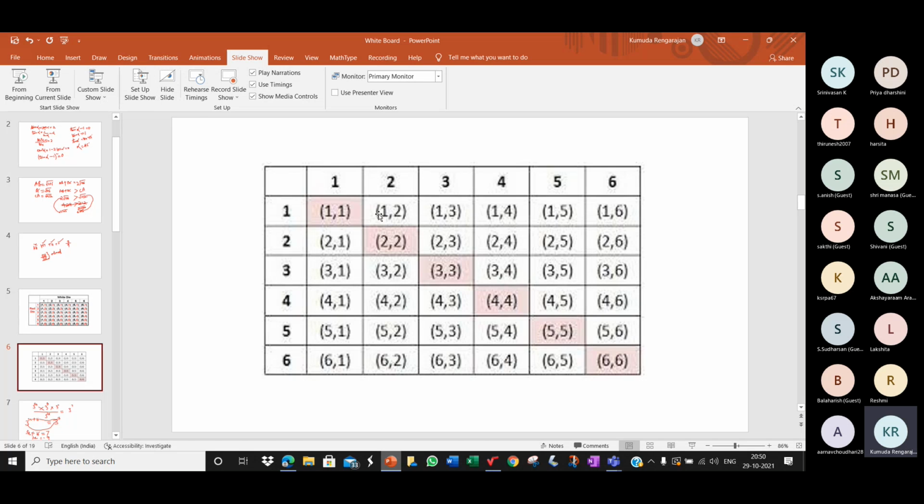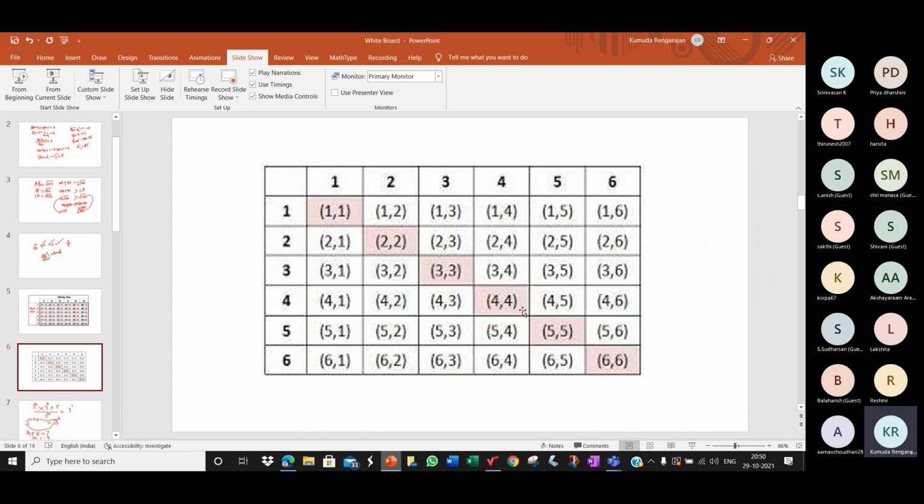Children, now here, can you see what do you call these numbers along the diagonal? Doublet, ma'am. Yes, doublet. They're called doublets. So 6 doublets are possible out of 36 outcomes. Now, we're just going to understand what we observe. These are called ordered pairs, because the order is important. 2, 1 means 2 on the first die and 1 on the second die.